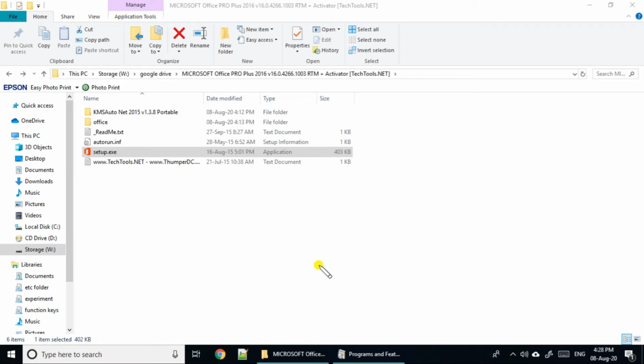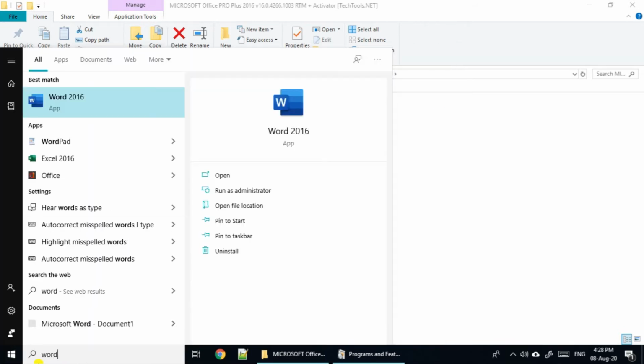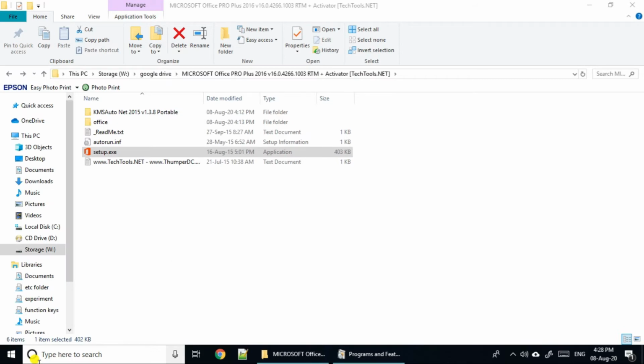Now we have to open any software that is contained in MS Office. Let us open MS Word. You need to click here, then MS Word 2016, enter. So it is opening.